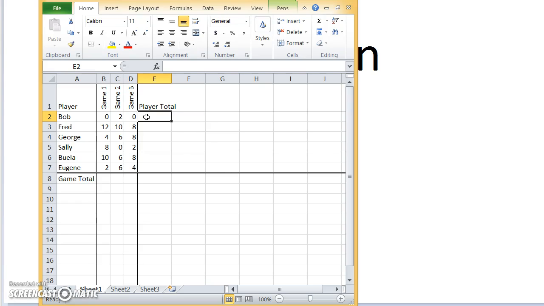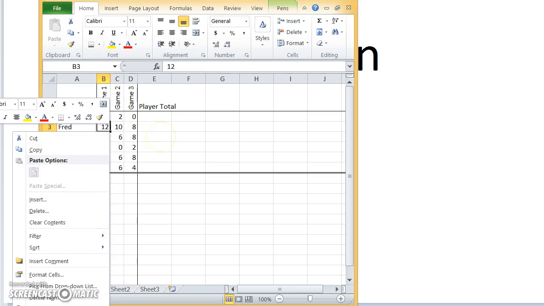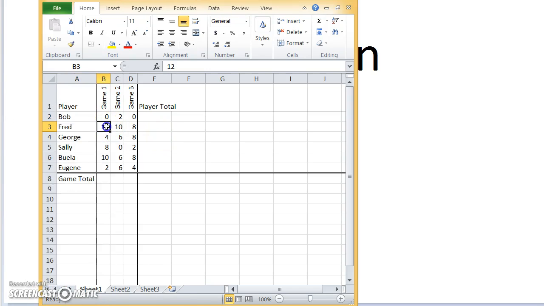So for example, if you're thinking about Fred, here's old Fred. In these games, he scored a certain amount of points. In game 1 he scored 12, in game 2 he scored 10, and in game 3 he scored 8. Now his total, we could do that by hand or in our brain. We could say that is going to be 30, and we could type in 30 right here if we wanted to and be done with it. But